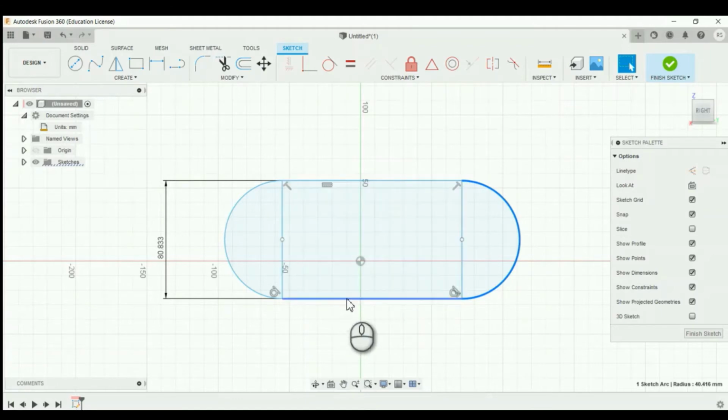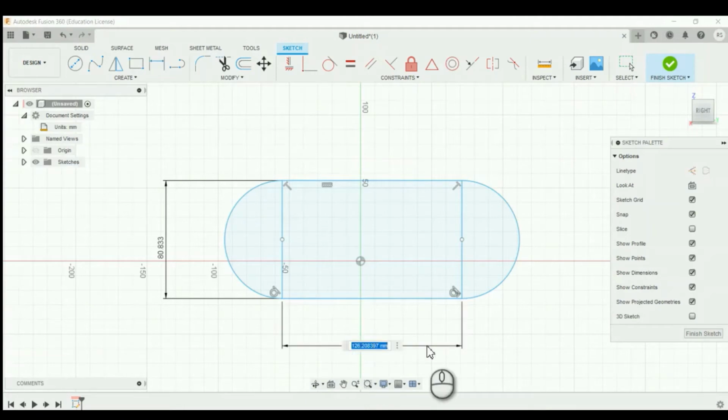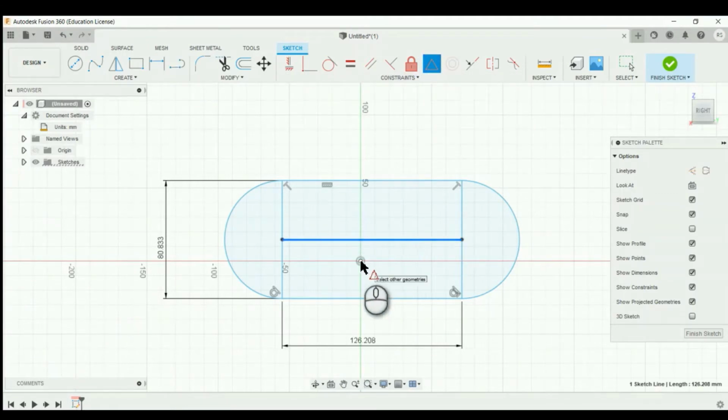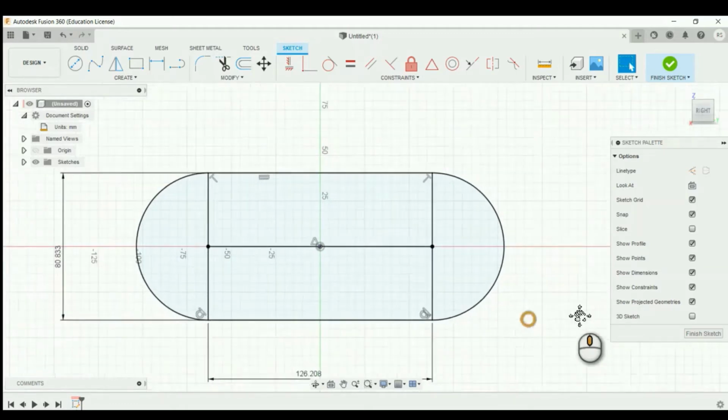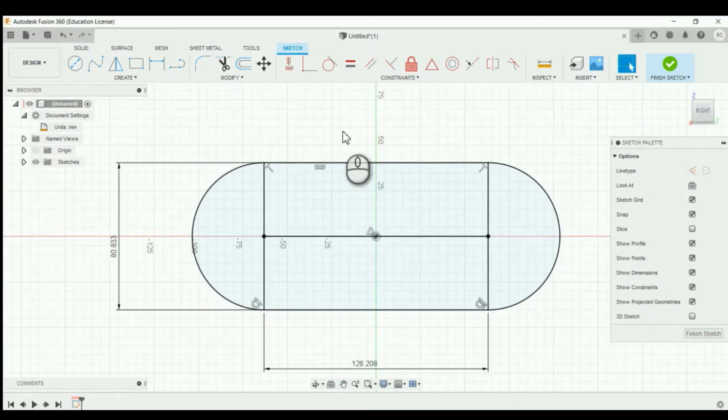After that create a line through the midpoints. After that go to the midpoint constraint, click the line in the middle and click the origin. After that, the sketch is fully constrained. I already told you that if a sketch is fully constrained, it is represented in black color. Yes, it turns into black color.